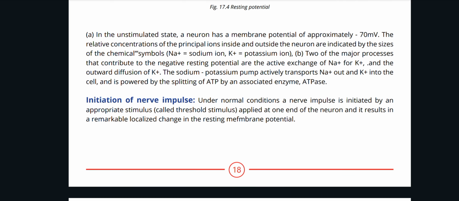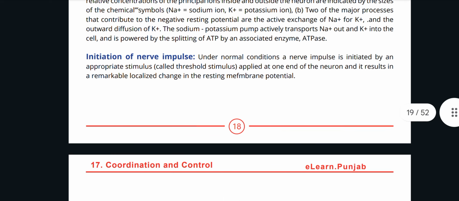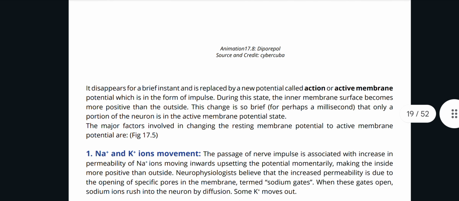Initiation of nerve impulse. Under normal conditions, a nerve impulse is initiated by an appropriate stimulus called a threshold stimulus applied at one end of the neuron, and it results in a remarkable localized change in the resting membrane potential. It disappears for a brief instant and is replaced by a new potential called action or active membrane potential, which is in the form of an impulse. During this state, the inner membrane surface becomes more positive than the outside. This change is so brief, perhaps a millisecond, that only a portion of the neuron is in the active membrane potential state. The major factors involved in changing the resting membrane potential to active membrane potential are